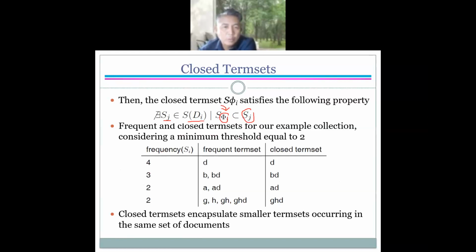So for example, like this, let's suppose the threshold is 2. So meaning that all of them are frequent. Okay, but since for these two, we have 3 documents that have this term set, and then this one is